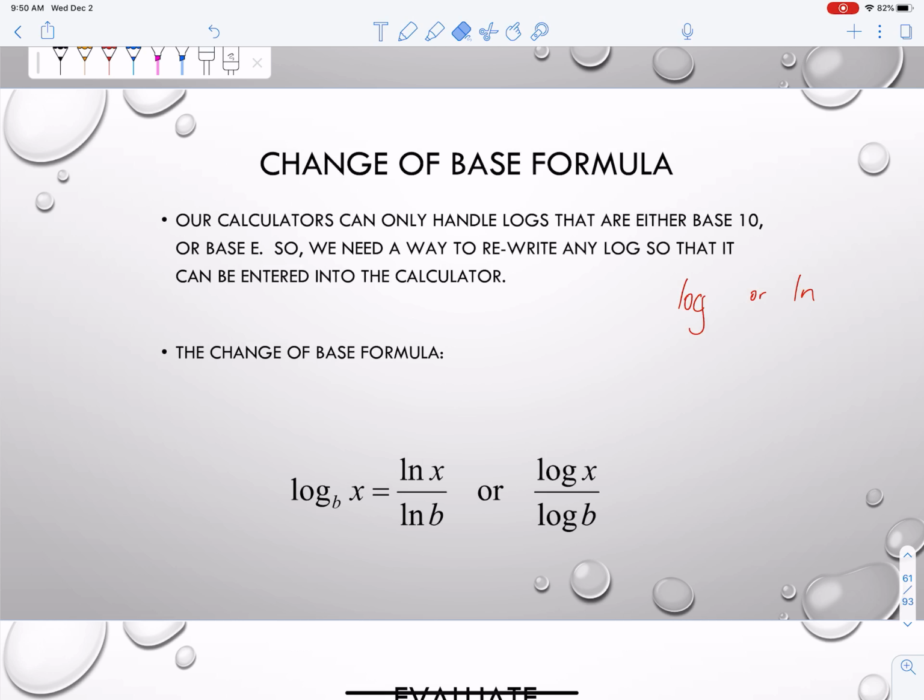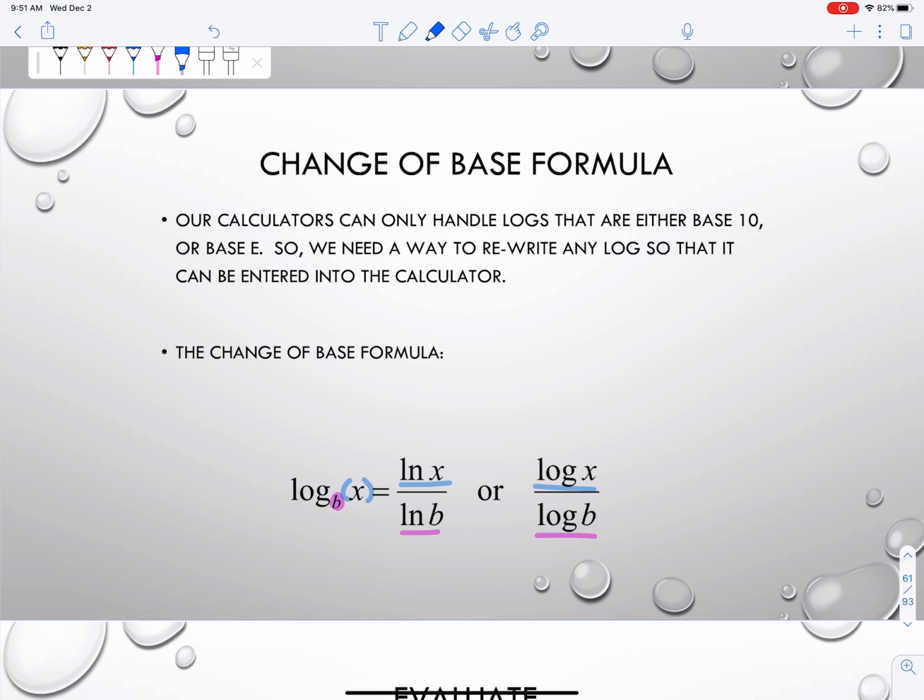As a result of that, our final answers need to always be written in either natural log or log base 10. So what we do is the base of my original log becomes the base of my fraction when I split it,